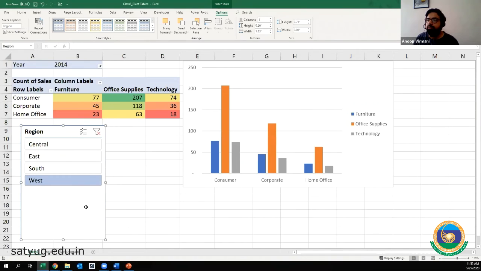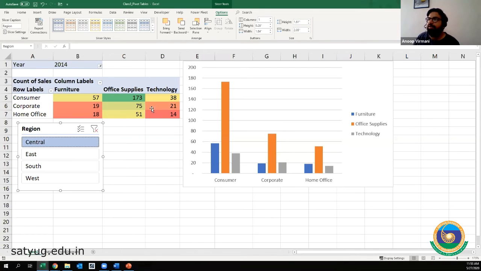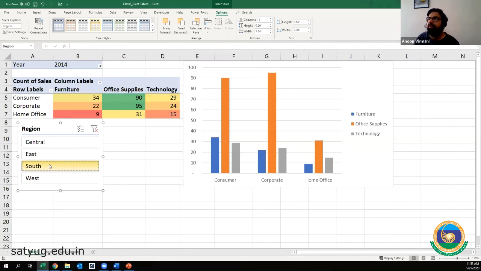Now this is a working interactive pivot that has been created for you. If you click on the Central region, the values will change, the charts will change. Go to East region, the values will change, the chart will change. South region, the values will change, the charts will change. We will do this in the coming classes.